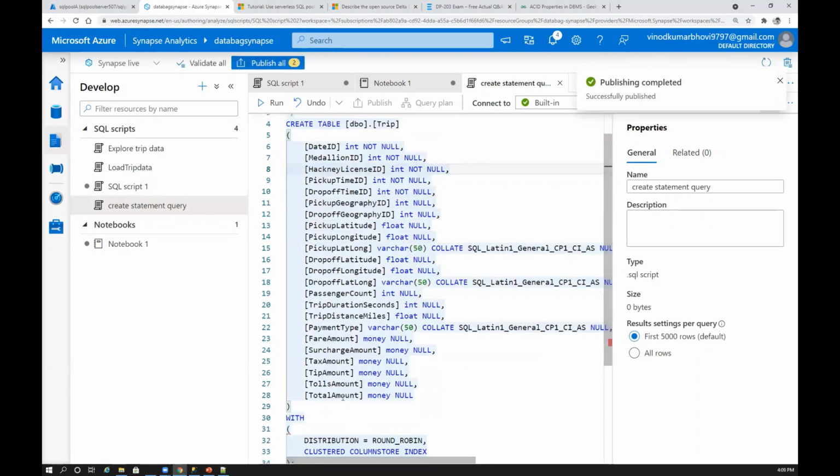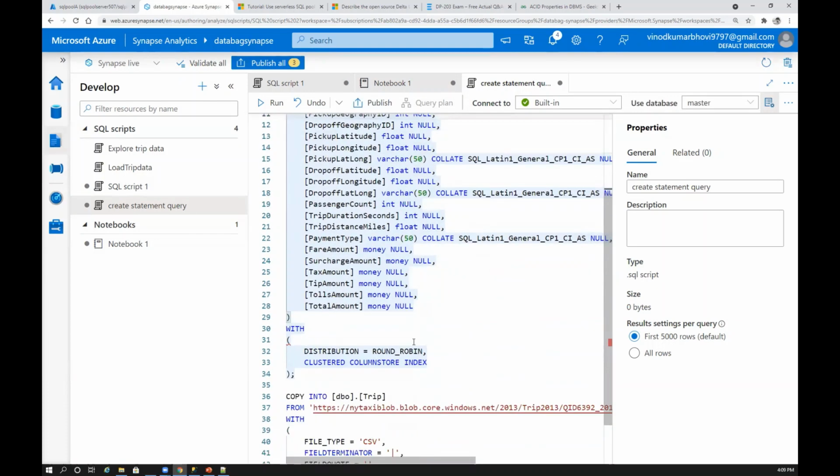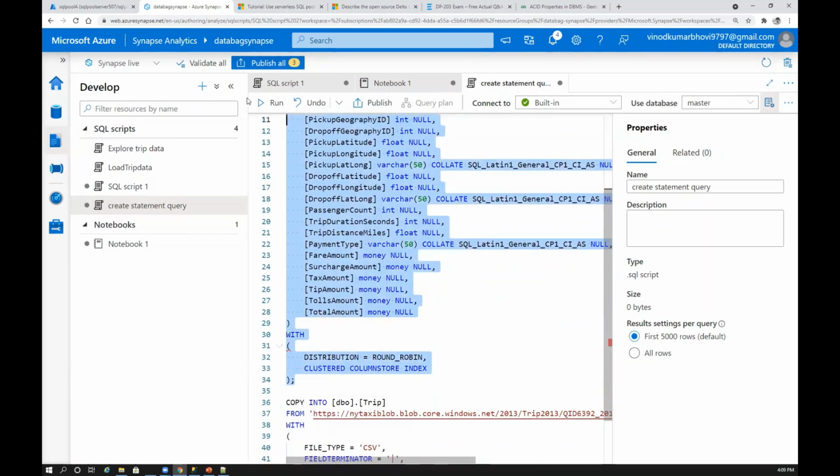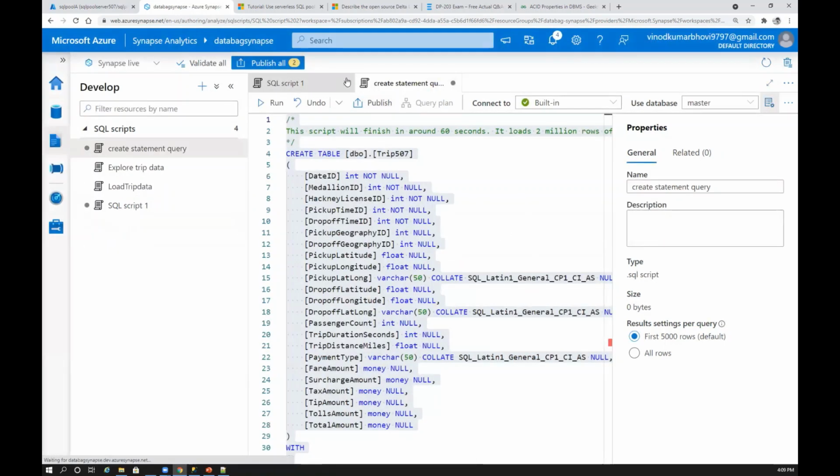Okay, so now if I wanted to run this one, because I already ran this one and I have a table of trip, let's make it trip 507, a unique name, another table. Let's try to run this and see if it gets created within the time. Important thing while running, just forget about all these other tabs. I'm just closing them so that you don't get any confusion. So here, create statement query.